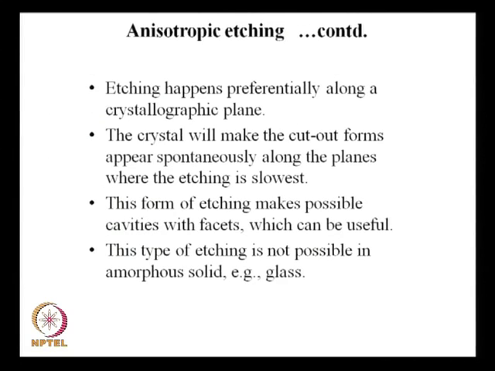Now, therefore, you must agree that the etching happens preferentially along a crystallographic plane. We all agreed to that. The crystal will make the cutout forms appear spontaneously along the planes where the etching is lowest. So, there would be a cutout form which appears spontaneously along the planes where the etching is lowest. This form of etching makes possible cavities with facets which can be useful. What that means is that